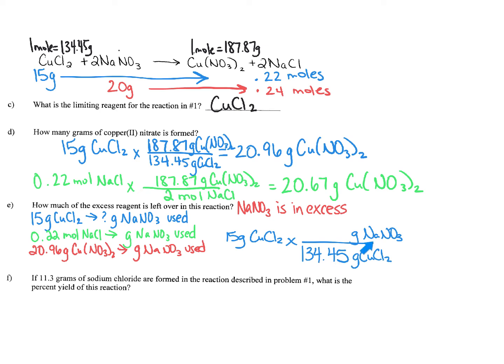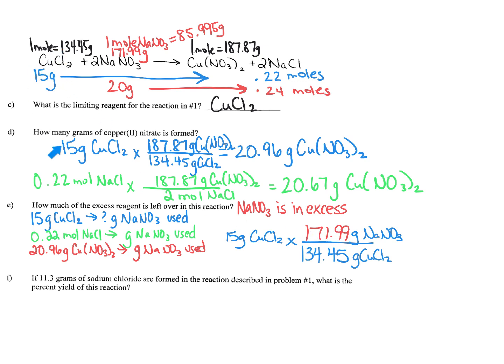I want to find out how much sodium nitrate I am going to need. If I look up here, I can see I need 2 moles of sodium nitrate. So I'm going to need to find the molar mass of sodium nitrate and multiply it by 2. That's going to tell me how many grams of sodium nitrate this chemical reaction needs, and then I can put that number up here. So based on my chemical reaction, since 2 moles of NaNO3 are needed, that would be 171.99 grams, and